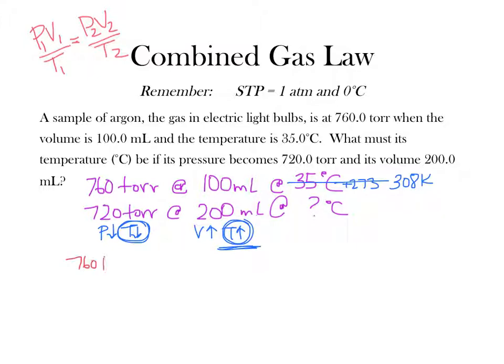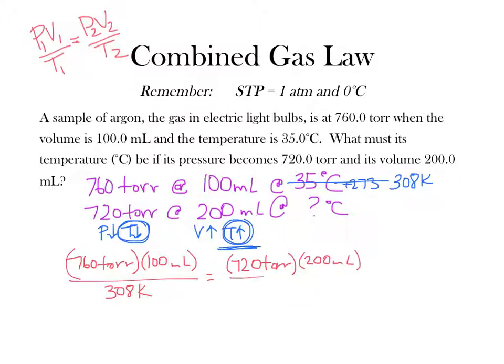P1 times V1 over T1 is equal to P2 times V2 over T2, and then we're going to cross multiply and divide by what's left. So this is 308 times 720 times 200 divided by 760 divided by 100, and hopefully you're going to get x is equal to